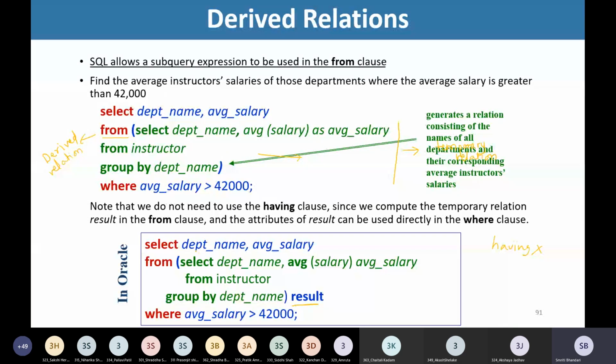So no need to use the having clause, but in this outer query we are making use of the where clause. Right? I hope you have understood the use of this derived relation.